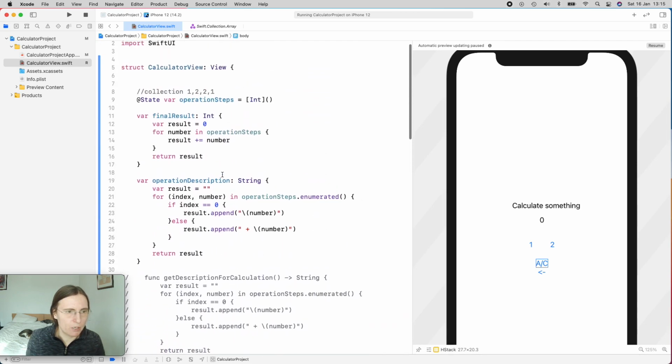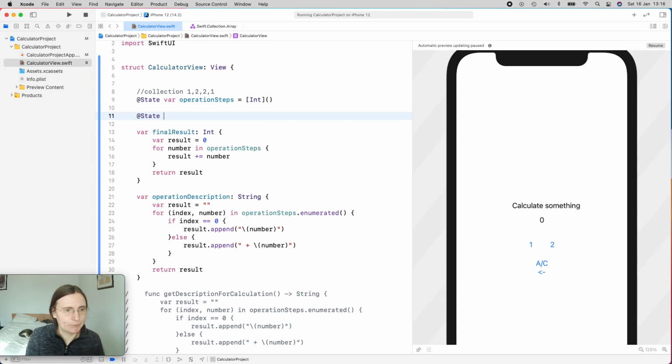Similar to our operation steps array, where right now I only had ints, how would I store plus and minus? These very specific cases of operations. And one very nice feature of Swift are enums, because they help us to be type safe. I could state var operations and store this as an array of strings, like plus and